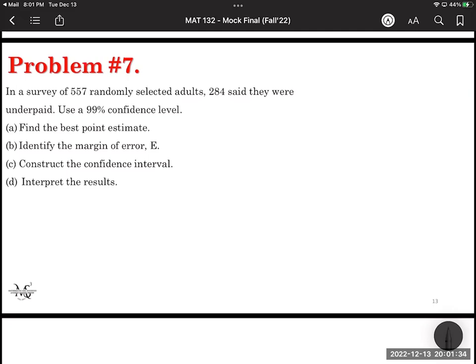To find the best point estimate, your best point estimate is always the sample proportion for a population proportion. So for part A, we have that P hat is equal to X over N, where P hat represents the sample proportion,